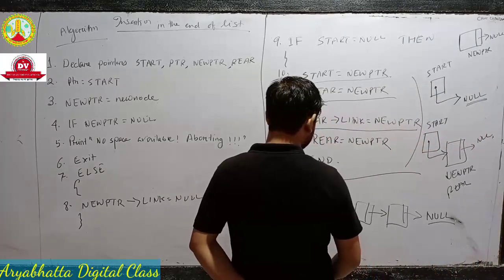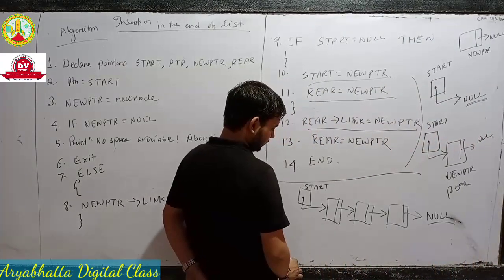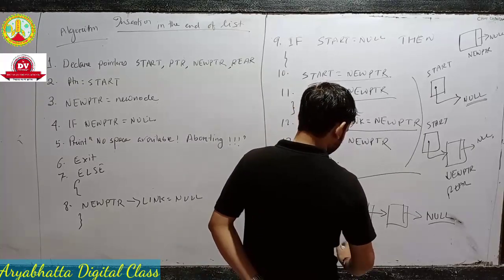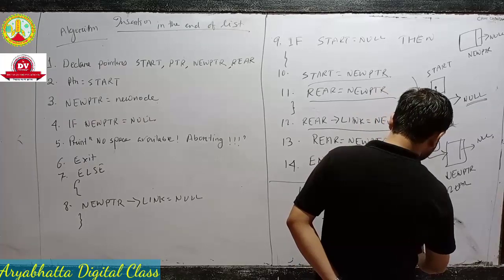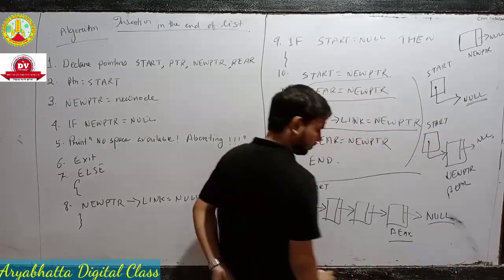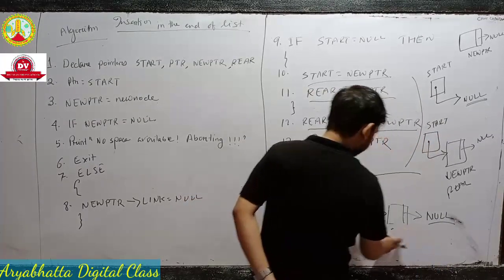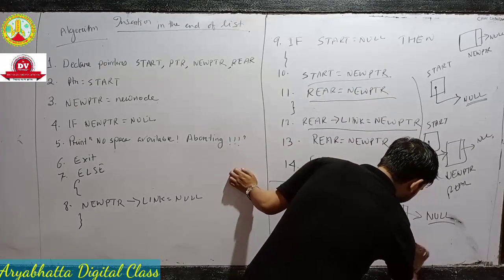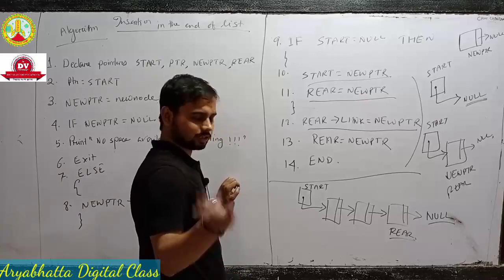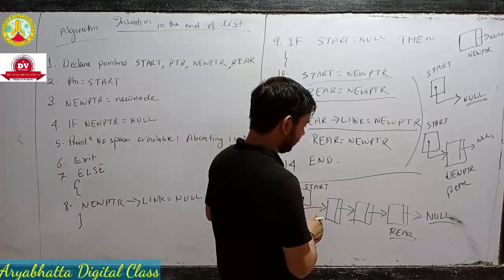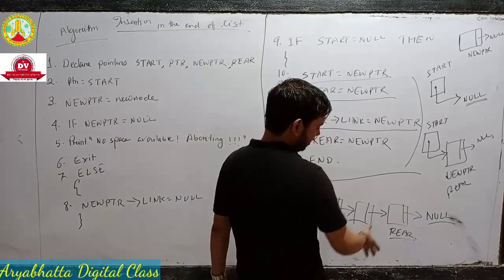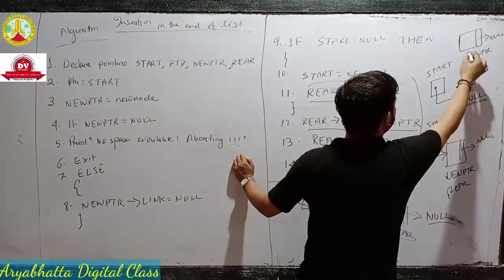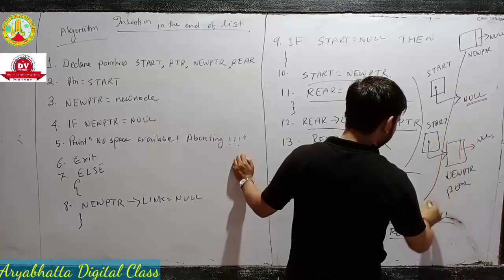Suppose this is a list. Then you see, rear is here, this is rear, the last node. Just like before we took the first node as safe, in this concept we take the last node as rear. This means when we add the new node in this position,